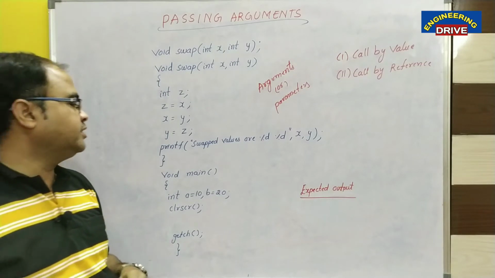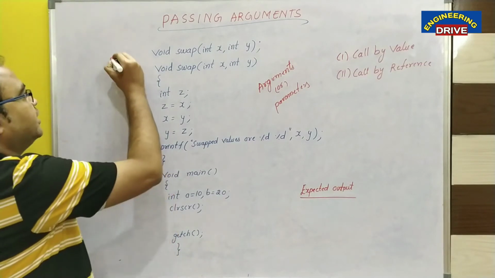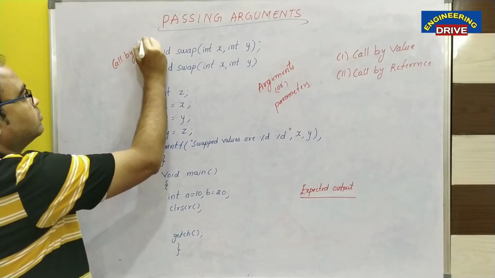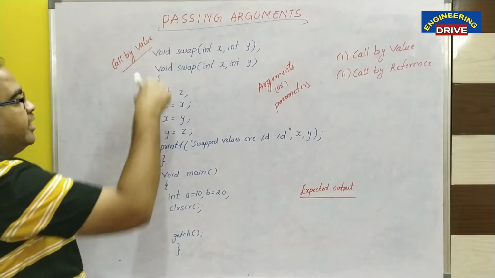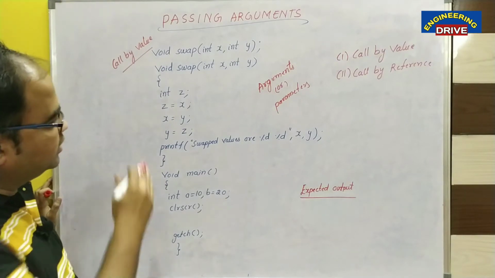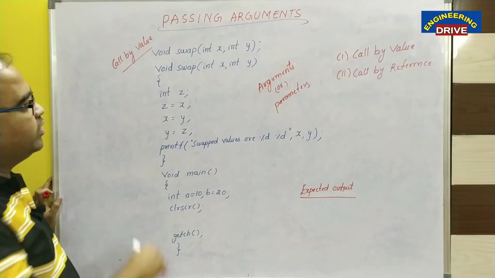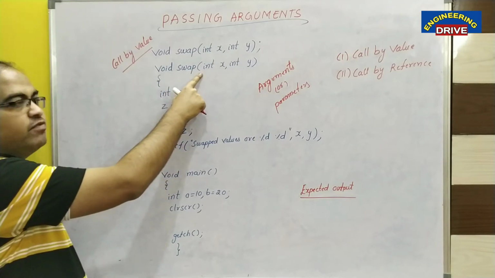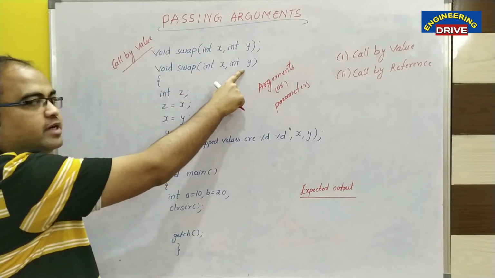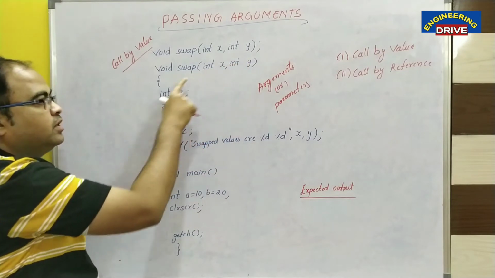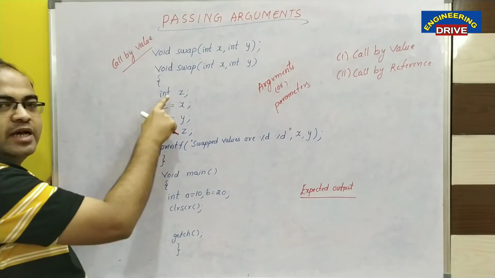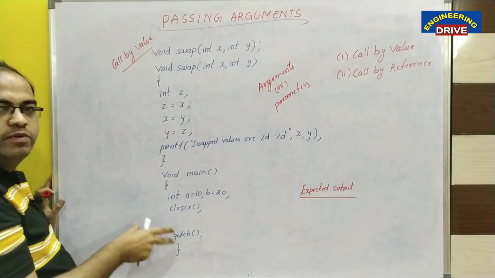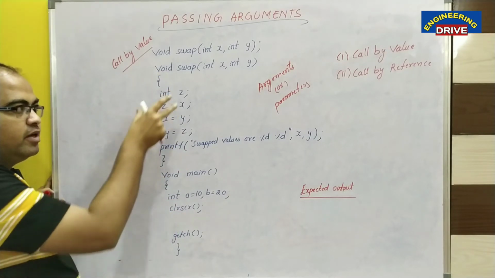So dear students, first of all let me tell you call by value. Let me demonstrate the working of call by value in this example program now. Dear students, you can see that this is a swap function. Swap is a user defined function. It consists of two parameters, x, y, and it is swapping the values of two variables. How this terminology will work, I am going to explain you now.